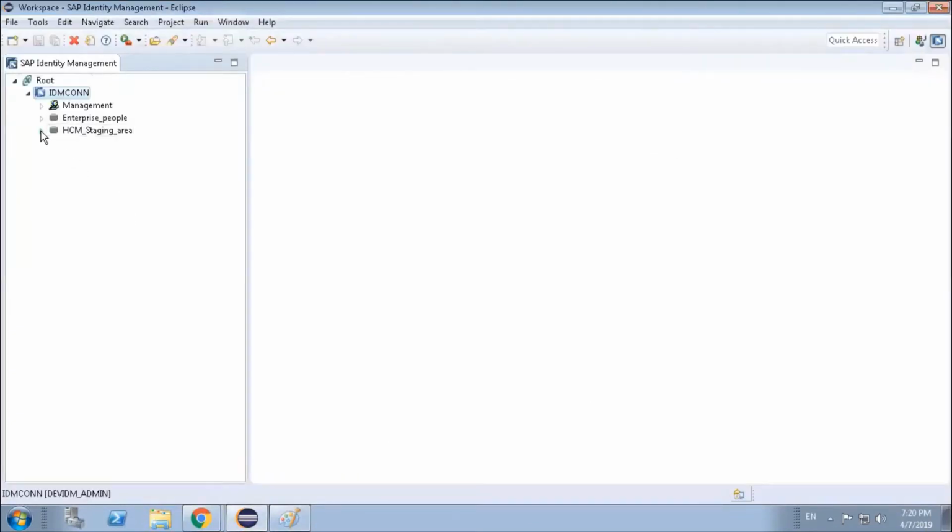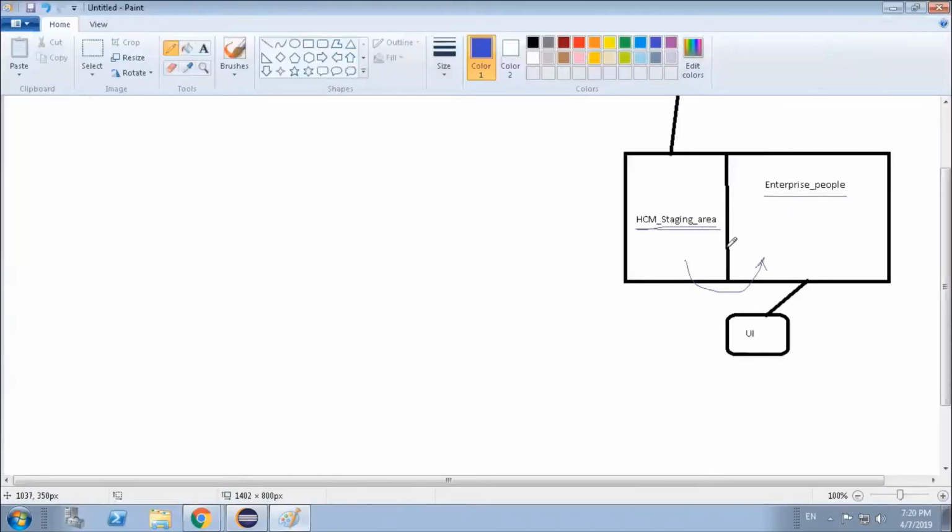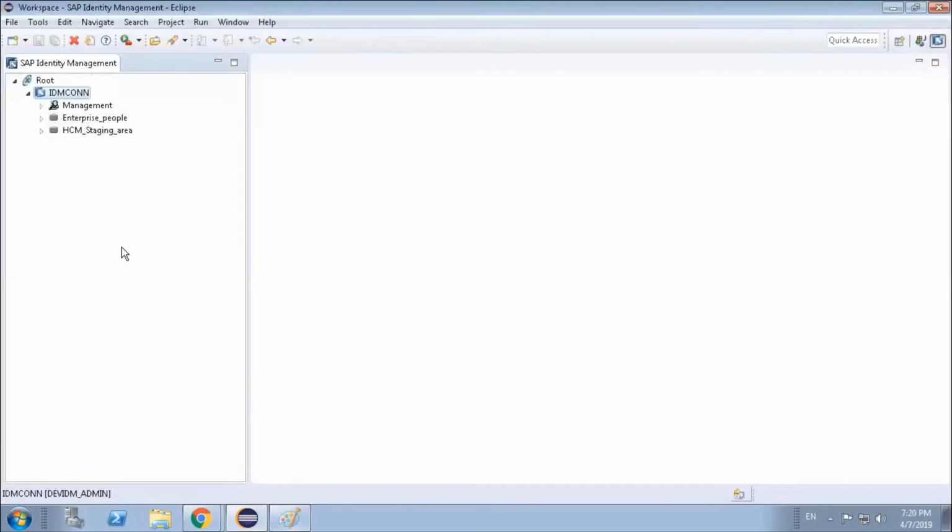And another is HCM staging area, which is this. Now how can we create our identity store? We just right click on the system and click on new identity store. In this way, you can create this HCM staging area identity store.